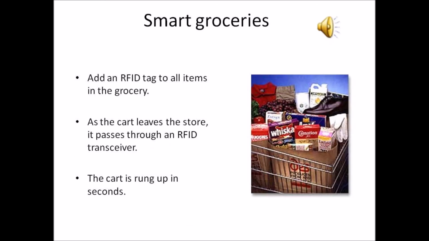In this slide, again, there are 2-3 slides which give a little more detail about how it works. So this is smart grocery. They have a lot of RFID tags attached to the items, and you put them in the cart, and when the cart leaves, all of the items can be scanned in one shot. So that is the beauty of RFID. You can have n number of items scanned in just one shot, and you can have the billing done.